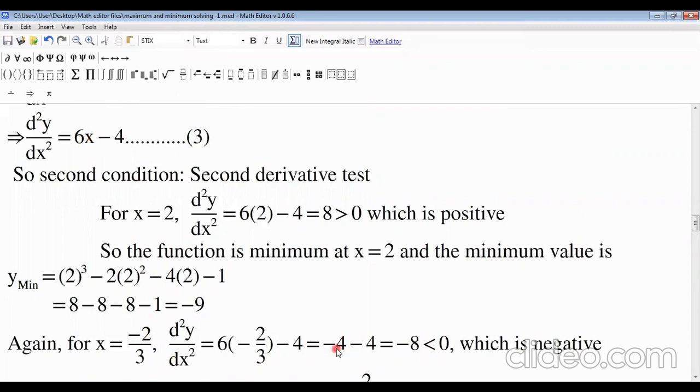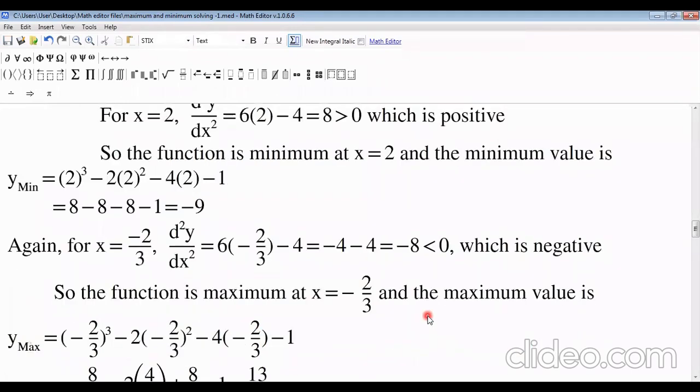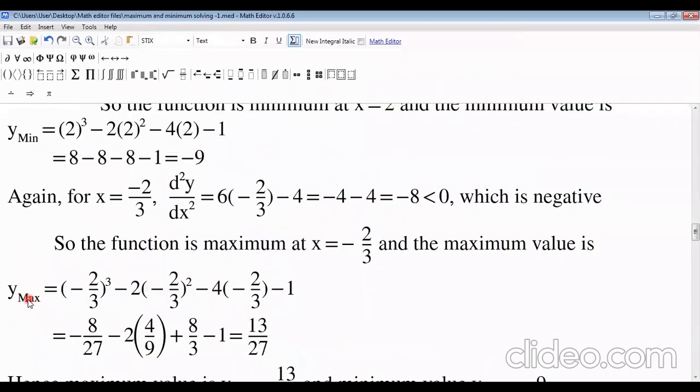X equals minus 2 by 3 will give 6 and 3 cut. So this will be 2 and 2, minus 4 and minus 4, minus 8, which is negative. Since the second derivative test is negative, the function is maximum at x equals minus 2 by 3, and the maximum value will be, just putting x equals minus 2 by 3 in